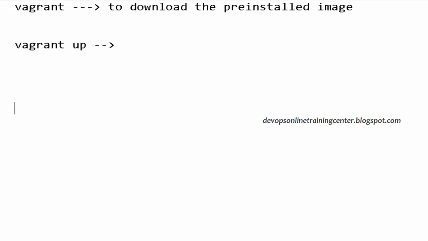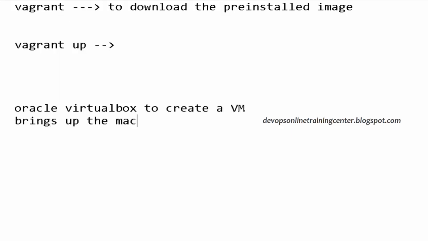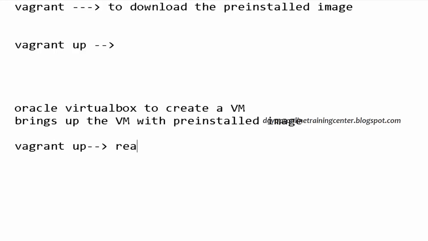And once it is downloaded, it uses Oracle VirtualBox to create a VM. Then it brings up the machine, the VM, with the pre-installed image, right? So we don't have to install; we have a pre-installed image that is directly downloaded, a VM is created, and the VM is up.